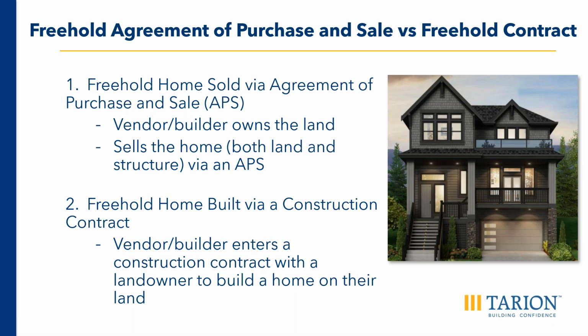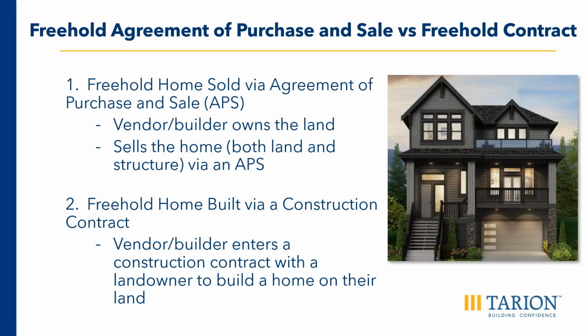A freehold contract home is a single family home also built under Part 9 of the Ontario Building Code that is not tied to a vacant land condominium or a common elements condominium corporation, where the purchaser owns the land and contracts with a licensed vendor builder to construct the home under a construction contract. In these cases, under the Ontario New Home Warranties Plan Act, the builder that is building the home is also considered the vendor in terms of the warranty obligations.